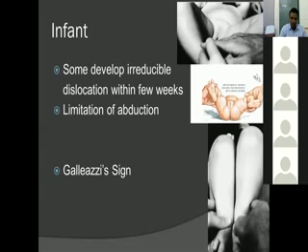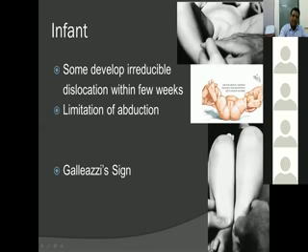It is during this period that the mothers usually bring the baby to the hospital. The main complaint will be a limitation of abduction. When the mother tries to apply a diaper or a cloth, she will observe that there is a limitation of abduction on one side of the limb. As the clinical picture depicts, one side is clearly abductable, on the other side the abduction is limited.